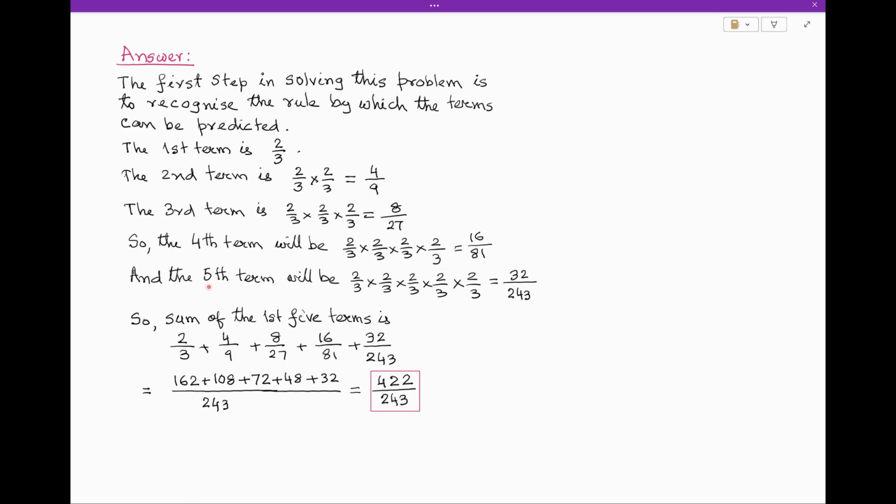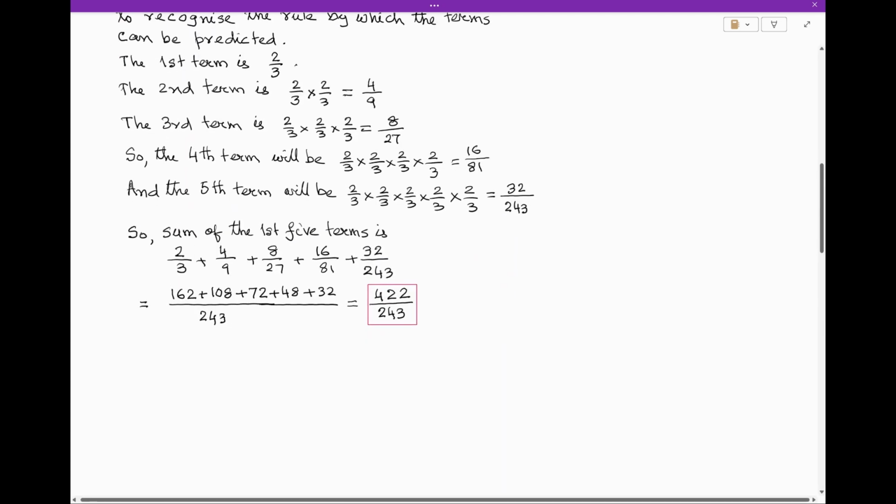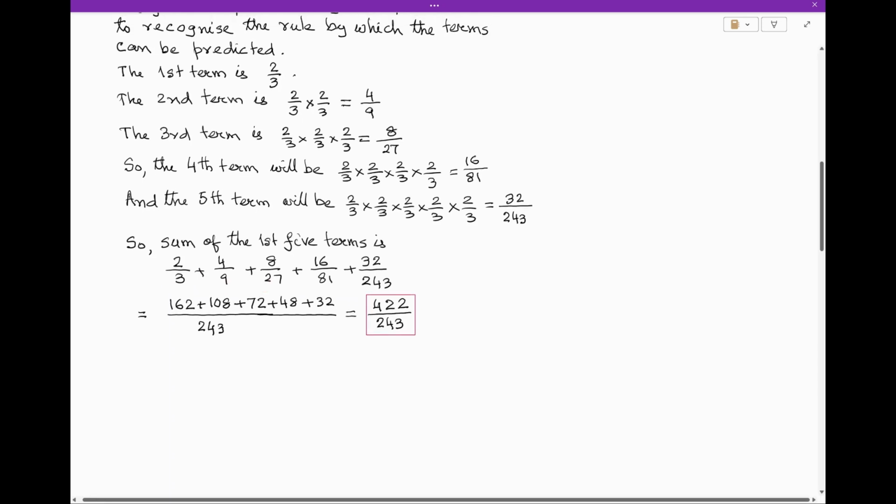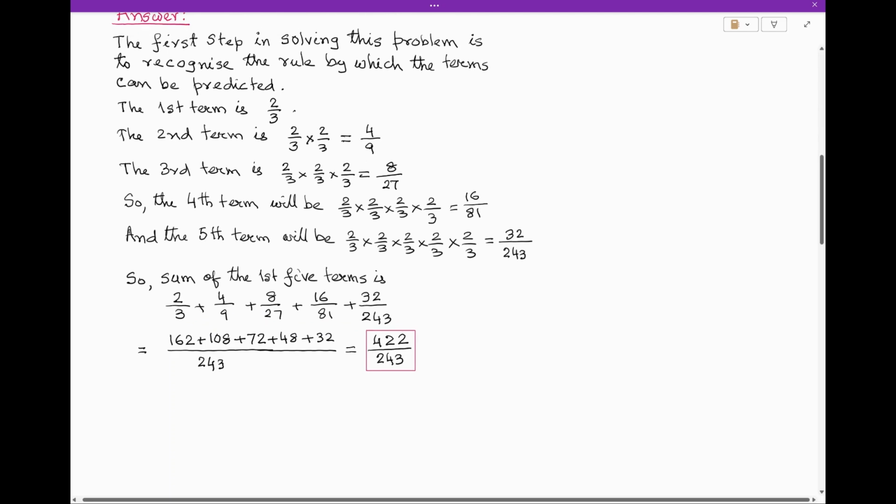And similarly, the fifth term will be 2/3 multiplied by 2/3 multiplied by 2/3 multiplied by 2/3 multiplied by 2/3, that is 5 times multiplication, is 32/243. So the sum of the first terms is 2/3 plus 4/9 plus 8/27 plus 16/81 plus 32/243, and that is